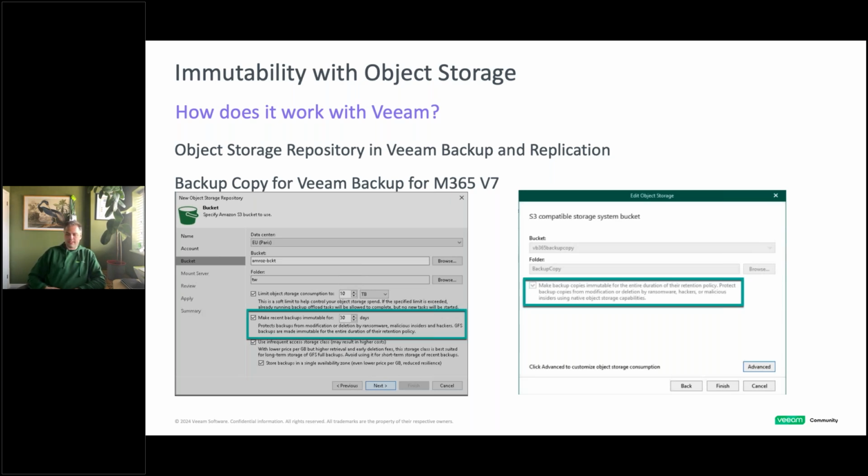It's a maximum of 90. Whereas in Veeam Backup for Microsoft 365, the immutability period matches the retention of the backup job itself. So if you've asked to keep data for 1 year, the immutability period is 1 year. Now, the reason I call out version 7 is that's only applicable on backup copy jobs. Karinne might cover some differences in that in version 8 in her session after this, but that's how it works